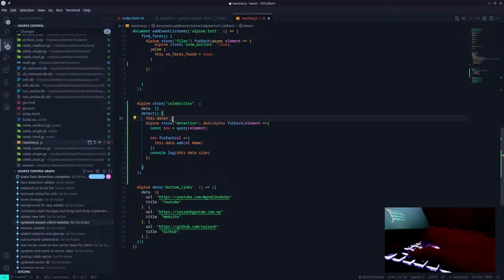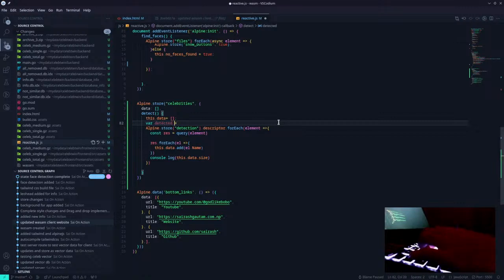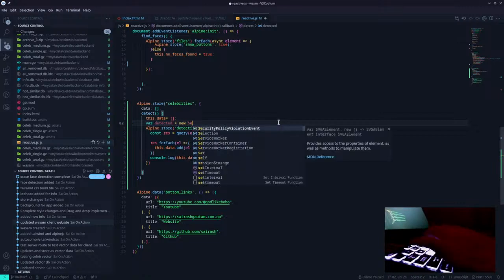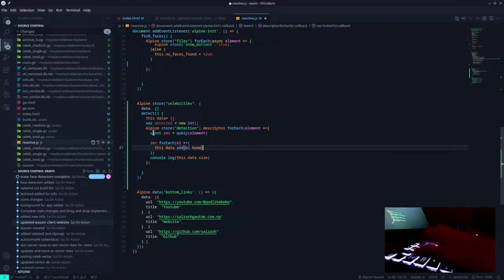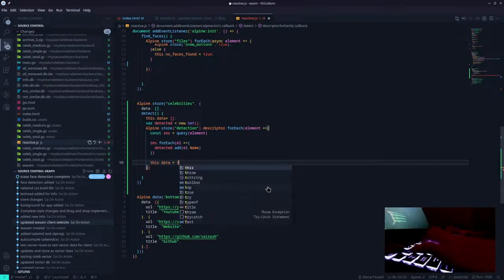Data equals to... right. So we're going to take that new Set, and then I added this. And at last, what I'm going to do is this dot data equals to